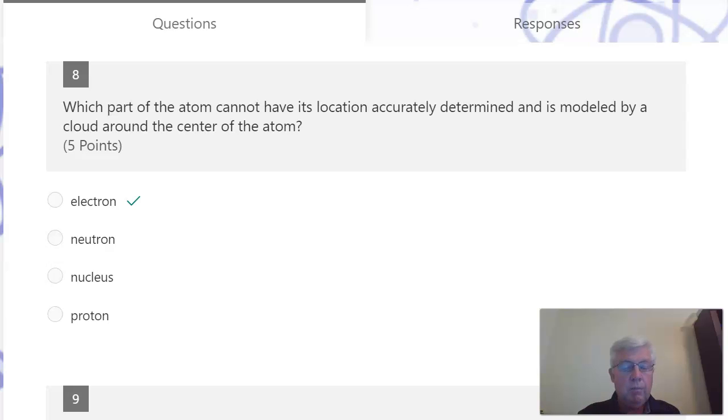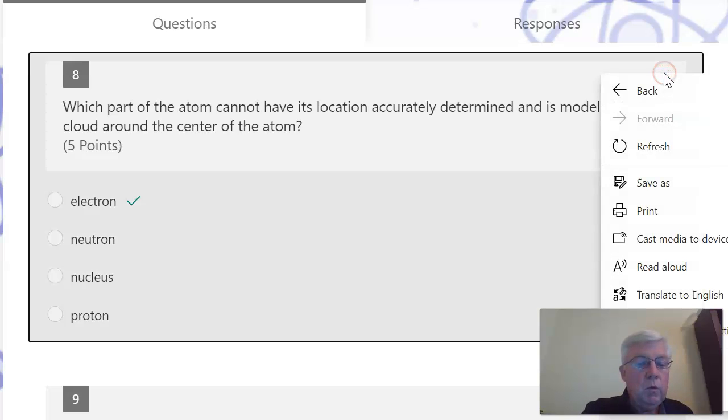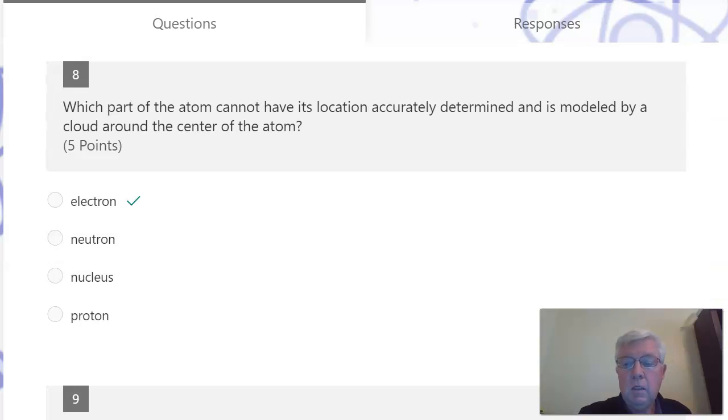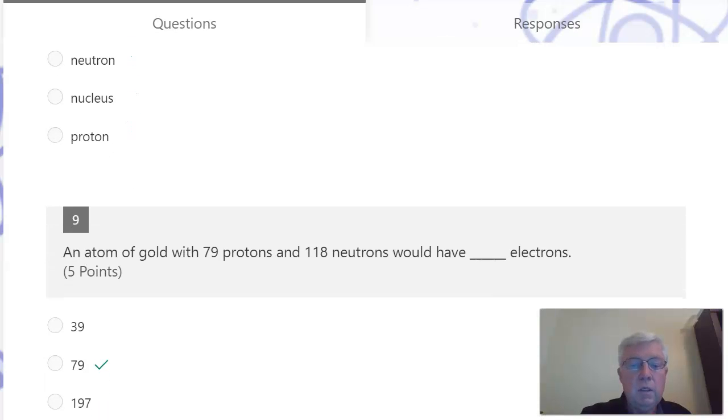But at any one time, if it has 2 or more electrons, 2 of them are going to be pretty close to the nucleus of the atom, but they're in that cloud. So the best answer for 8 is A, electron. They're in an electron cloud. When you see the word cloud, you ought to figure out that that is definitely an electron we're